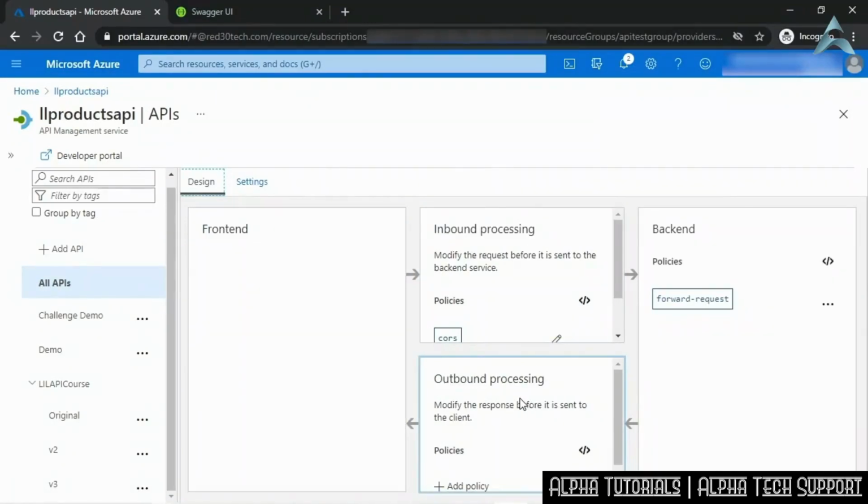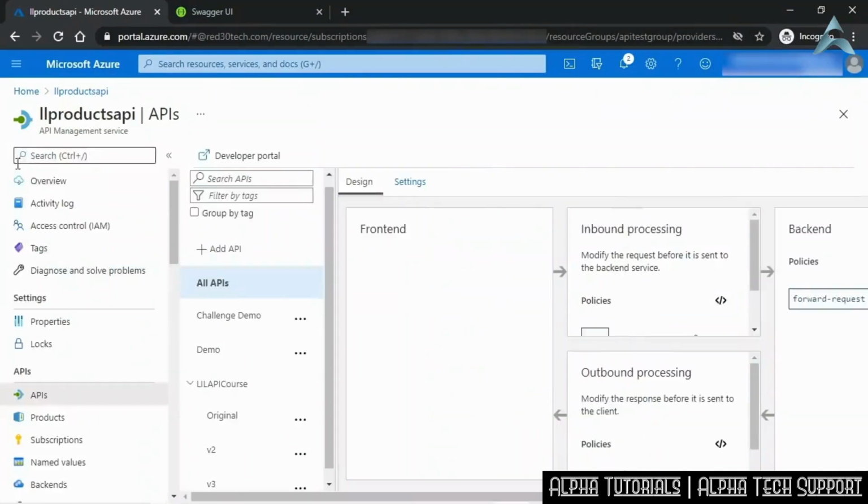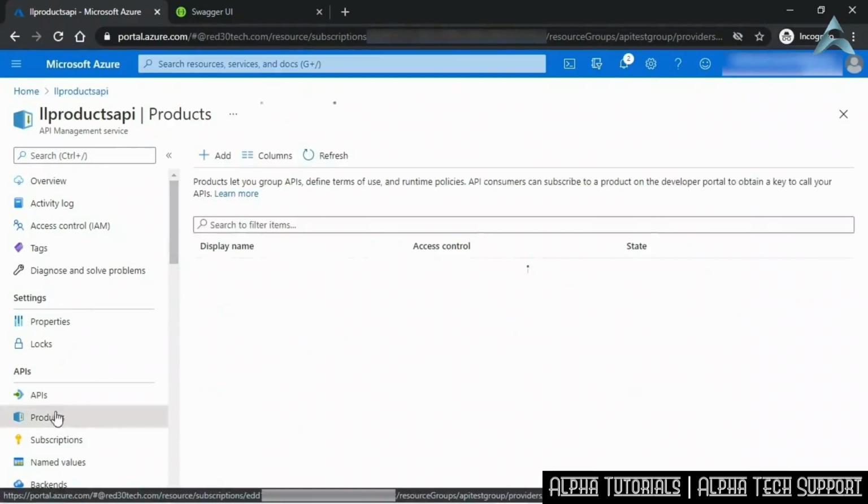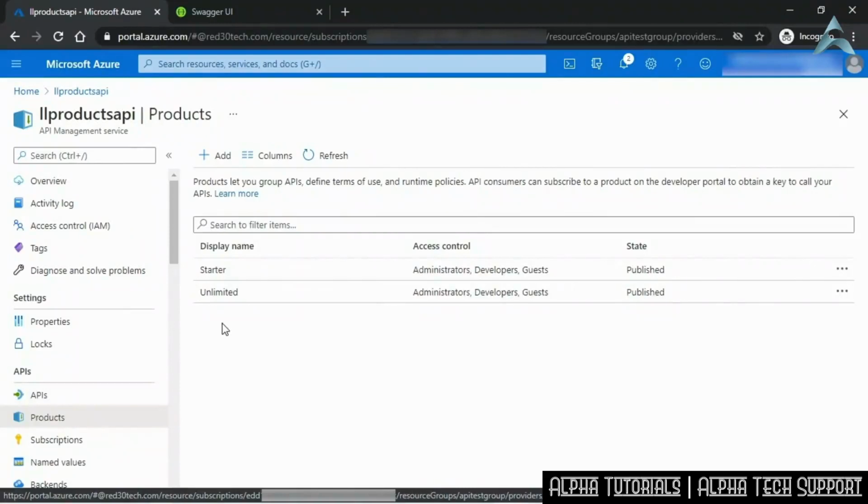Next, we have product scope policies. We have briefly looked at products until now, but they are a way so we can bundle different services together. For example, until now, we had the starter and ultimate products. If you navigate to the products here, each product can have its own policies, and they are executed after the global scope. So, for whatever product the developer has purchased the API, then the policies for that product will be